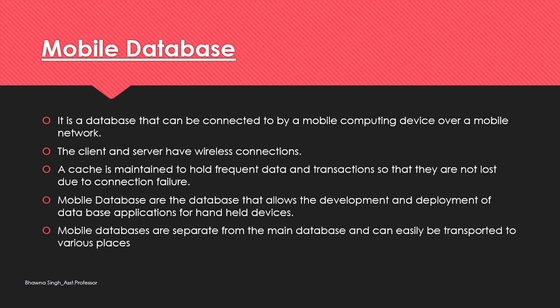And one more thing, in this mobile database we are maintaining a cache memory. Cache memory holds all the data that we are using frequently, so that whenever we want that data we can access it from there and extract it, and it also saves a lot of time and processing time. So because of this cache, it has also become easy to frequently access the data.